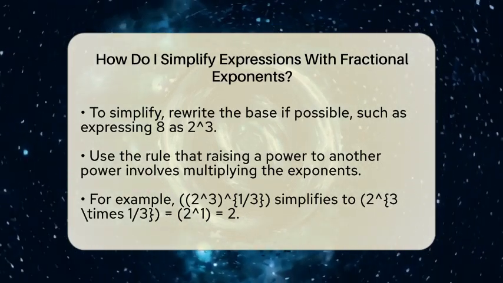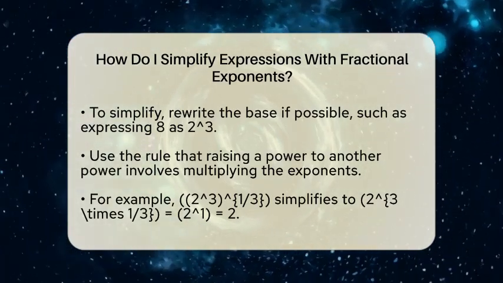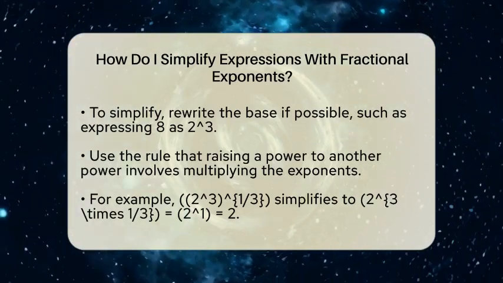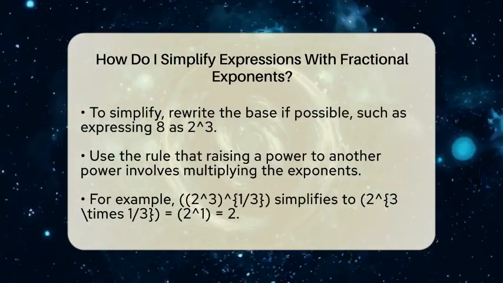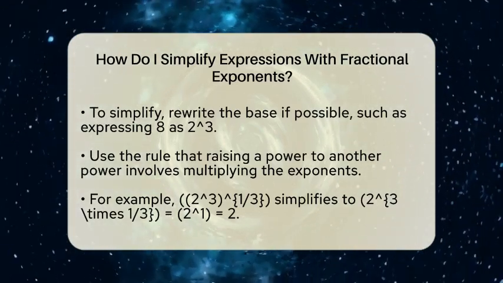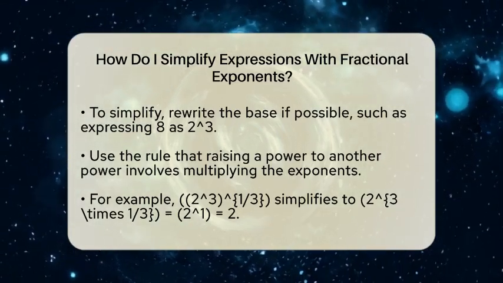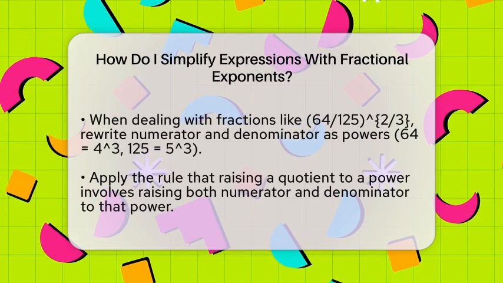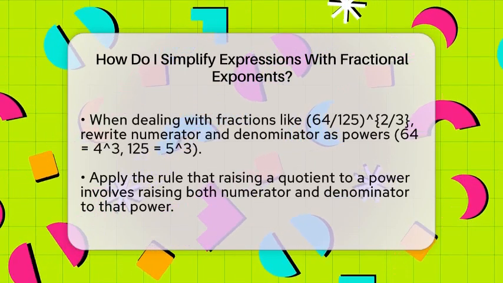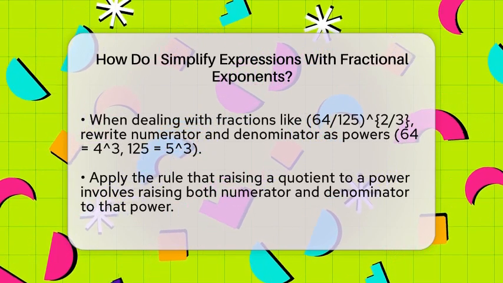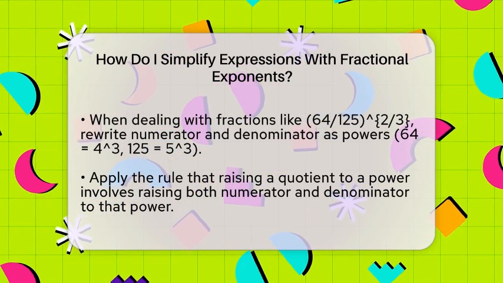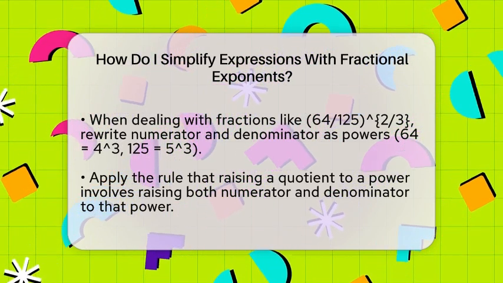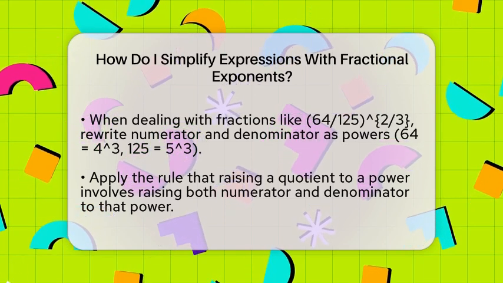just 2. If you have an expression like (64/125)^(2/3), you can rewrite both numerator and denominator as powers. Since 64 is 4^3 and 125 is 5^3, the expression becomes ((4^3)/(5^3))^(2/3). Applying the rule that when raising a quotient to a power, you raise both numerator and denominator to that power, you get (4/5)^(3 × 2/3). The 3's cancel out, leaving (4/5)^2, which simplifies to